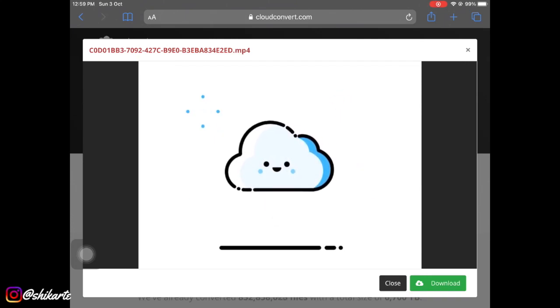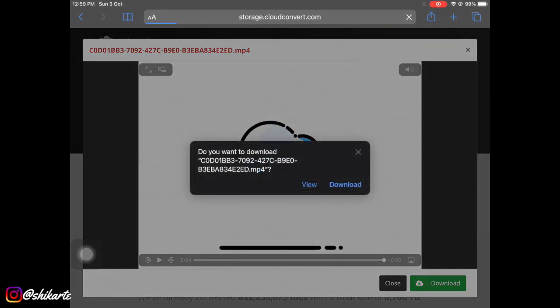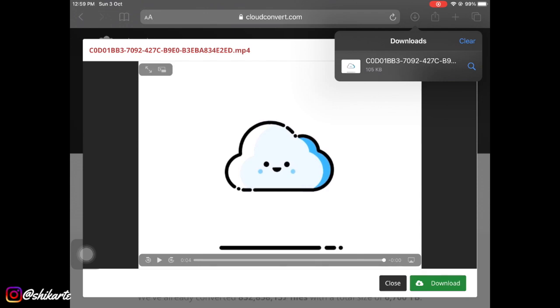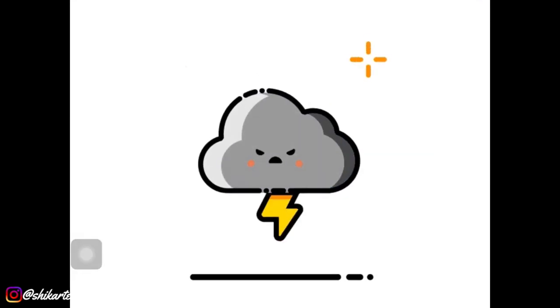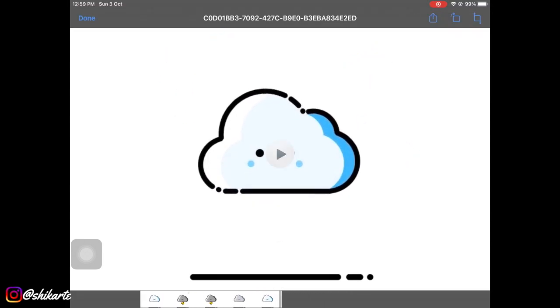As you can see here, we have the MP4 file. Just download it and make sure you're uploading it to your photo library. Hit that little upload button right at the top and make sure you're saving it in your photo library. If you're using a tablet other than an iPad, I don't know how that works, but there must be some way to upload it to your photo library.